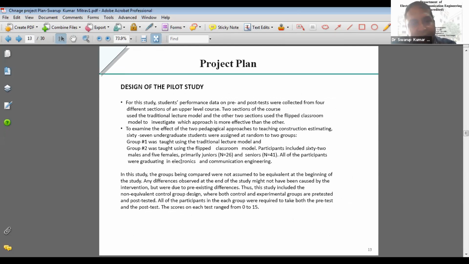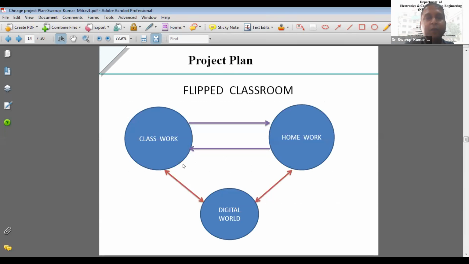What I initiated in the project plan is that I divided the project into two groups. One group is for chalk and duster, and another group is for the flipped classroom. I conducted a survey, with a test before the class and after the class. That means after having the resource, what is the reaction and the evaluation of these students. In that way, we have evaluated them.